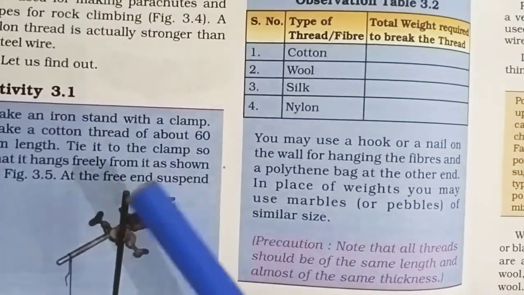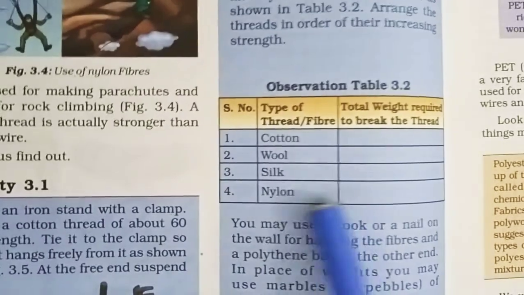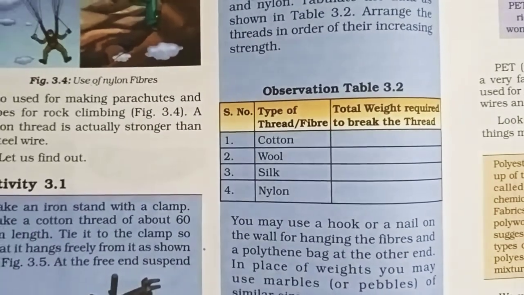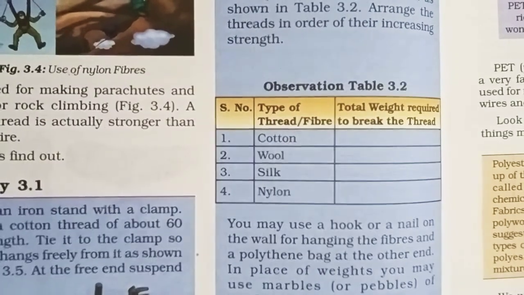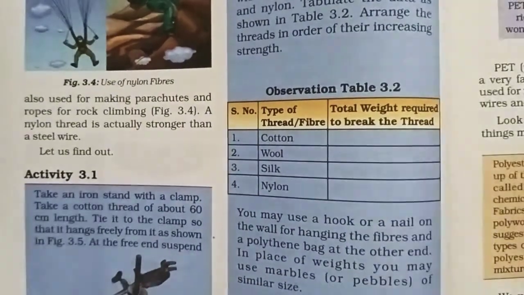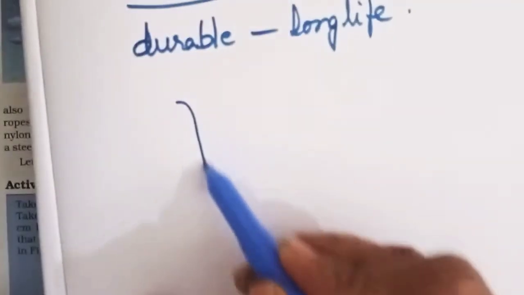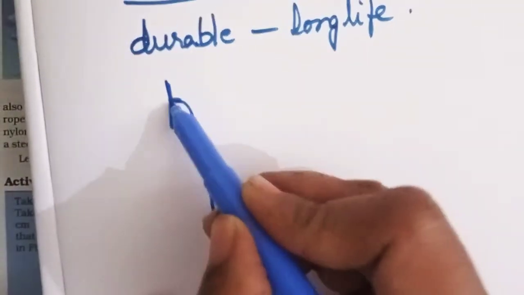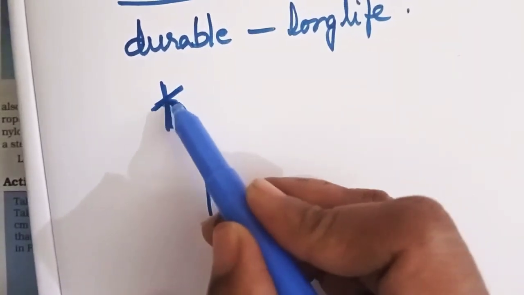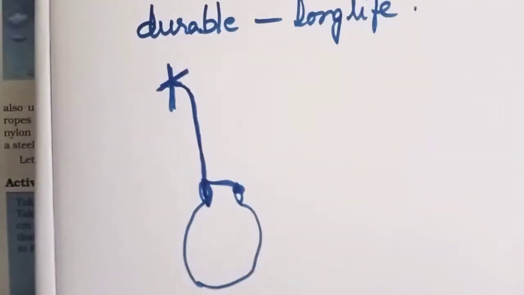Okay, and they have given you an activity. They are telling you to tie different kinds of ropes in the house. One normal cotton rope, and on the other side of the rope, see, they are telling you to fix a rope to some stand. In your house, to a window you can tie a rope. Okay, and in the other end you can fix a polythene bag. A normal polythene bag you can tie here, and here also you can put a knot, and in this polythene bag you can be